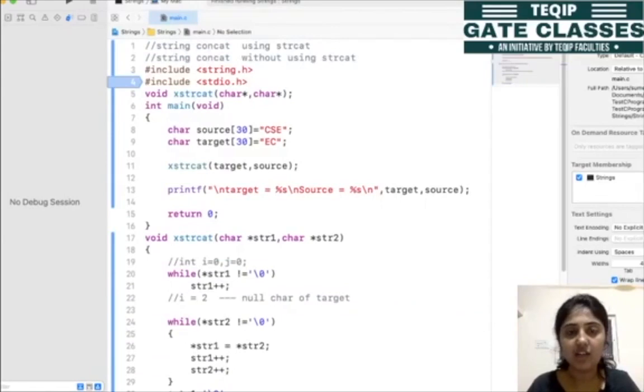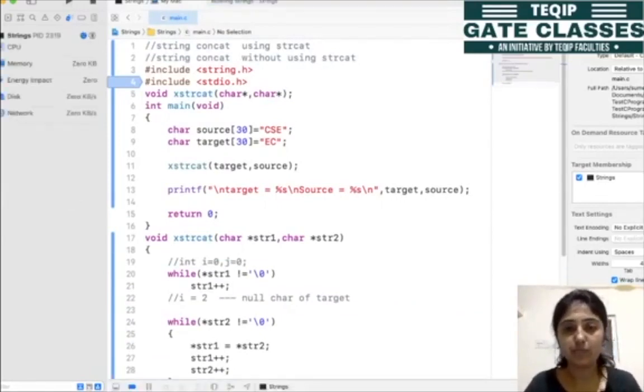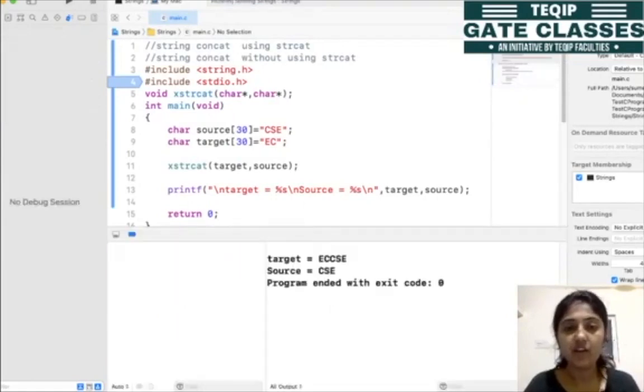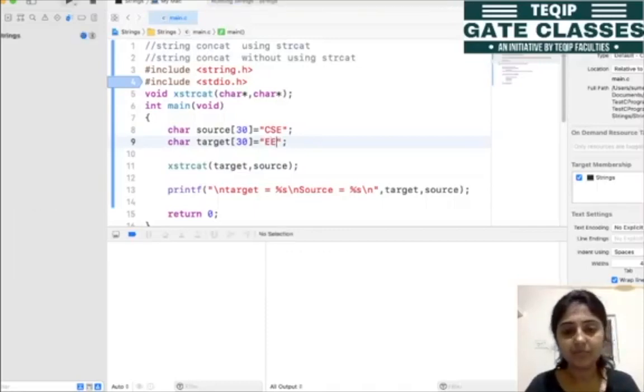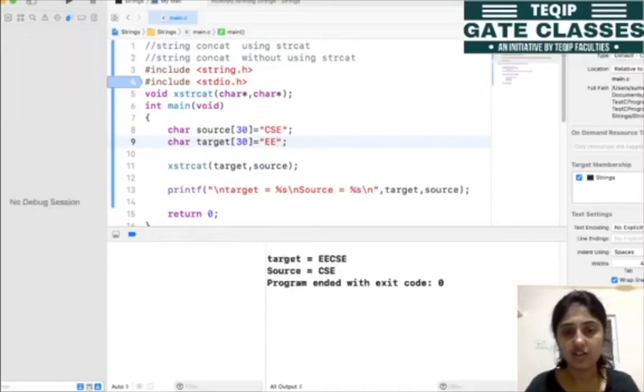Wherever we have declared the character array, we have simply replaced those things with our character pointer. So let me run this. Right, so we can do any modification. Let's say this is EE. In the output screen we'll get EE and CSE, and for the source this is CSE only.